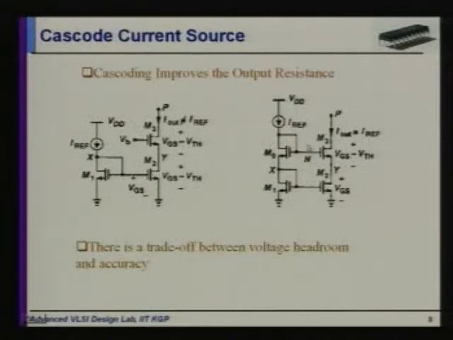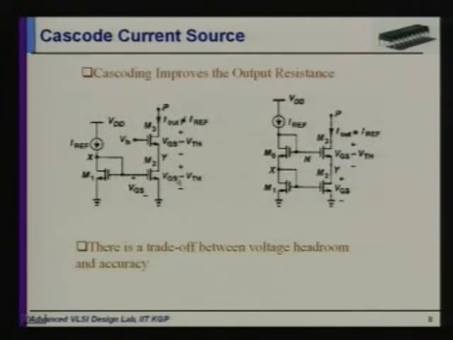Hence we can conclude that the gate voltage of this particular M3 will be nothing but VGS0 plus X, and VGS0 is nothing but VGS3. So we obtain that the node voltage of the node Y would be equal to Vx. But what is the problem in these two different circuits?